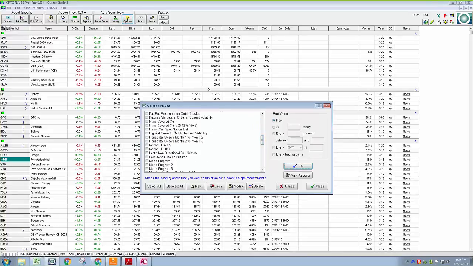You can see some names in here. These are things that I helped some people develop. Steve's got non-directional candidates. Some people are looking for anomalies out there or spikes in open interest. That's been a popular one over the years. I know that we've had some requests. I think right now you can only go back like 5 days looking at open interest changes. But we have all that data, so we want to be able to access that for longer periods of time to say, what's the average open interest on calls over this period of time,